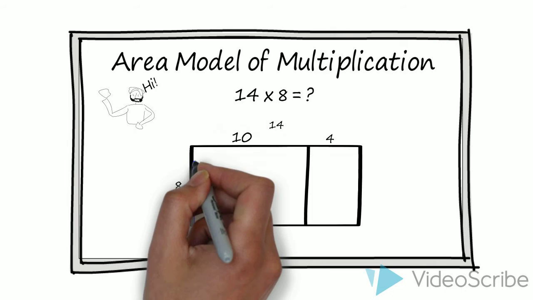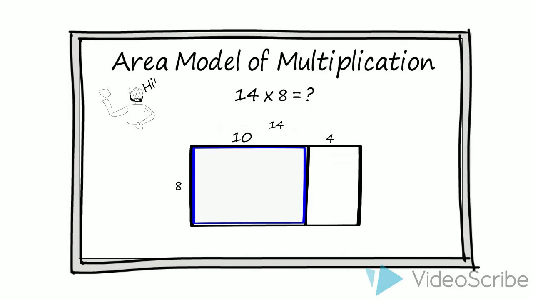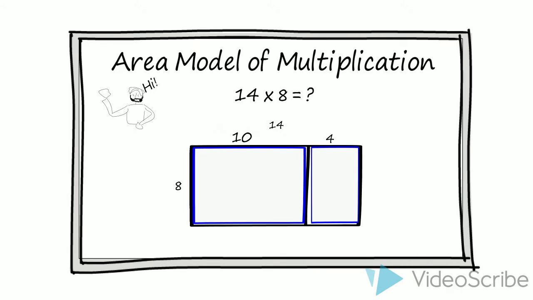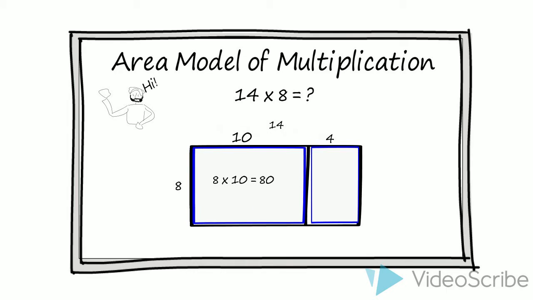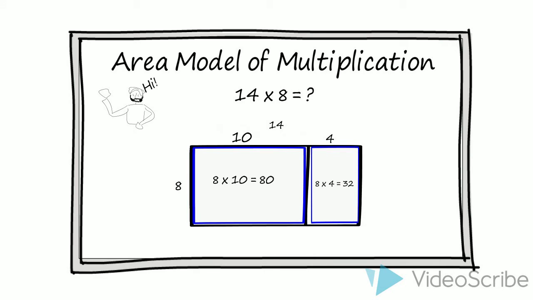If I just find the area of those two smaller rectangles, I can add them together to get the area of the much bigger rectangle, and there we go, I have the answer to the problem. So let's see. The area of the first one is simply 8 times 10, which equals 80. That was easy. And now the area of the other, the dimensions are 8 and 4, so 8 times 4